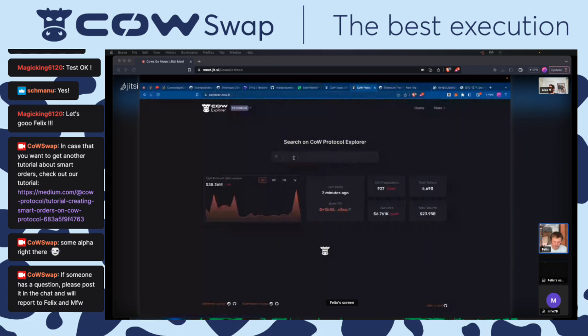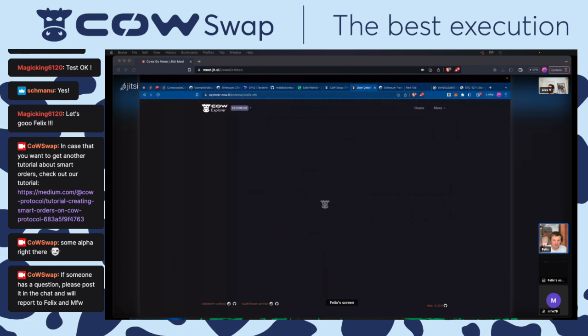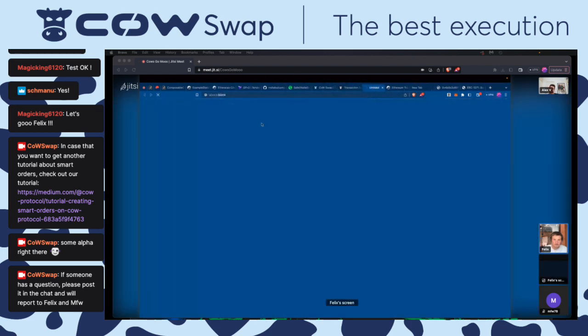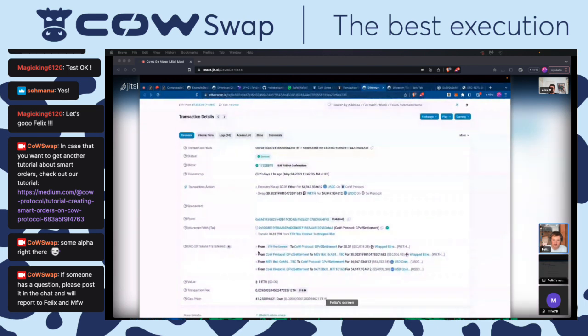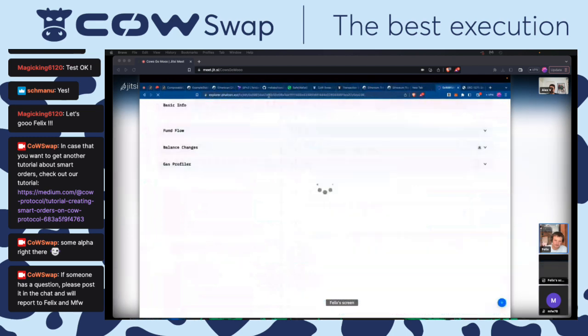So let me show you how that actually looks. If we go to the Explorer, one person who is a very heavy user of our native flow, Alec, doesn't like to be called out, but we can use this as an example probably. What we can see here is that the actual source of the funds sent into the contract is coming from an intermediary contract that has the ETH flow contract. And if we look at what is actually under the hood in this transaction,